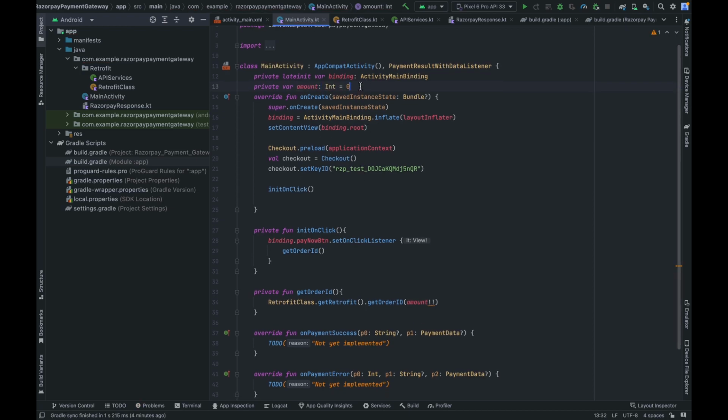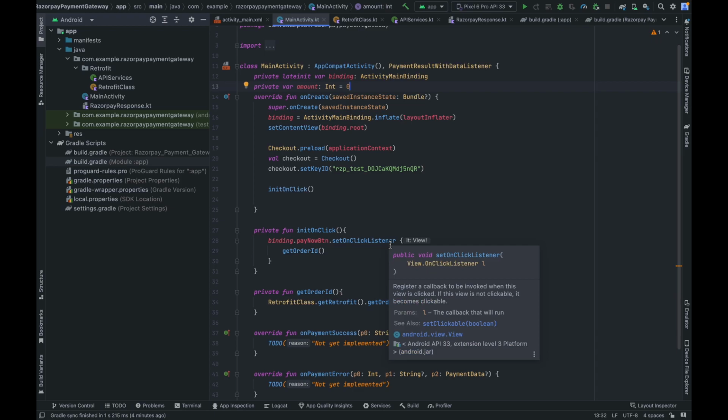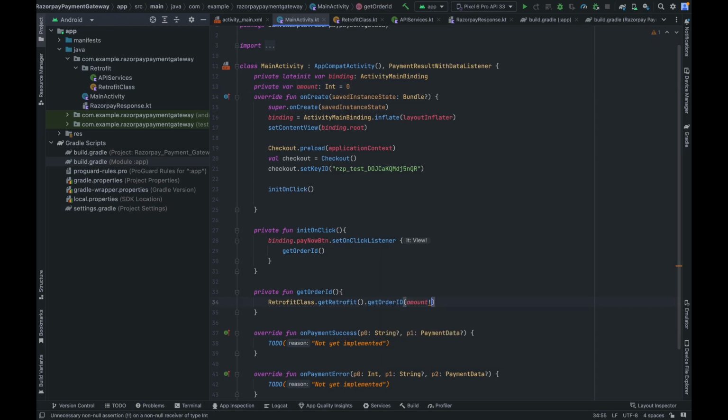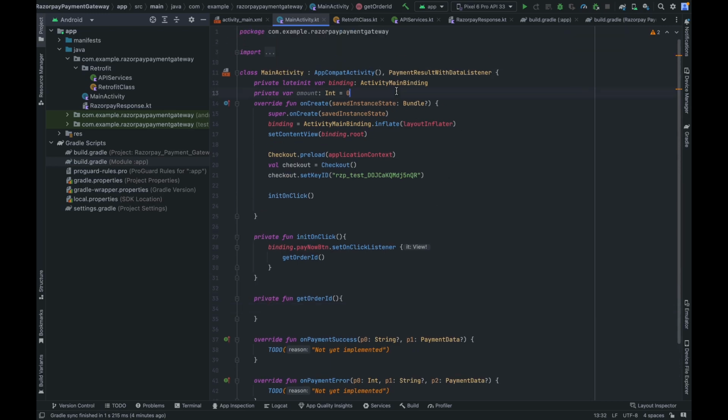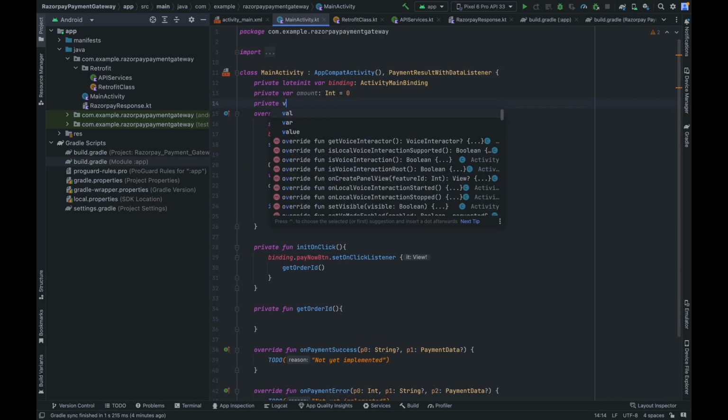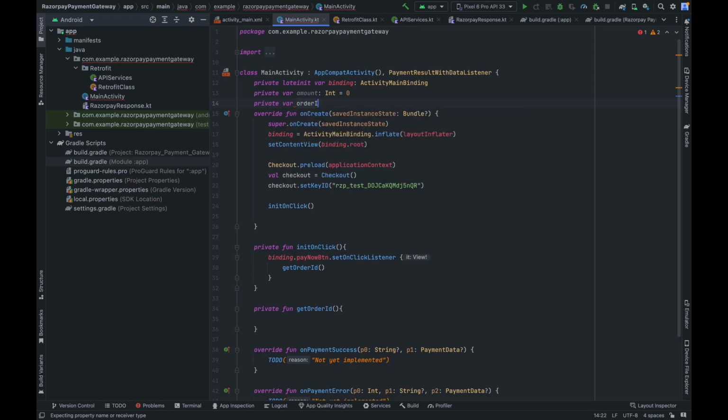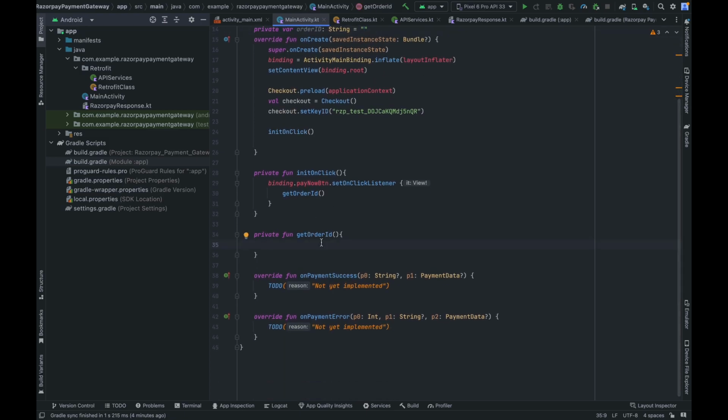So the default amount is 0 initially, and I can remove this as this operator. Now I would retrieve this value in our variable, and I will create another variable here. It would be a private variable order ID, and this would be a string. Okay, so the order ID would be